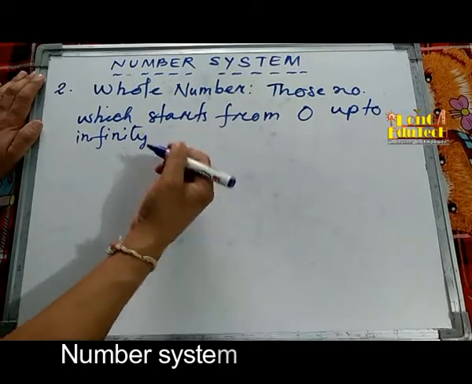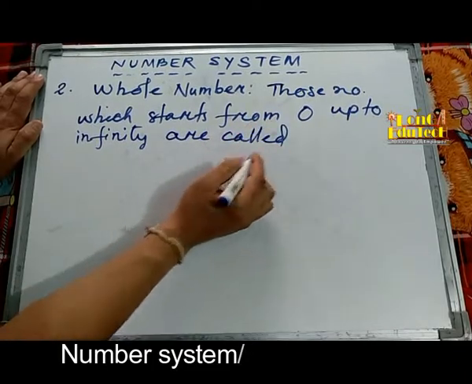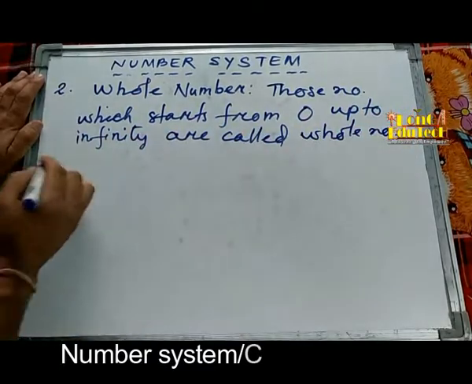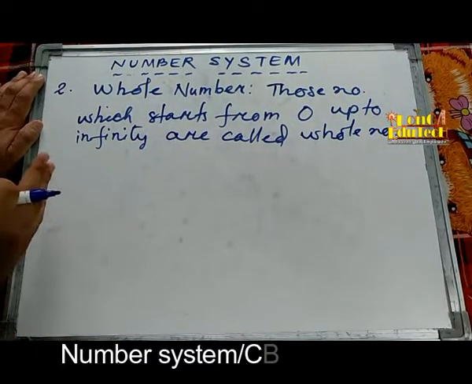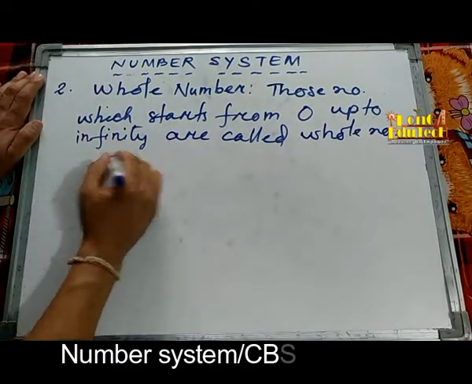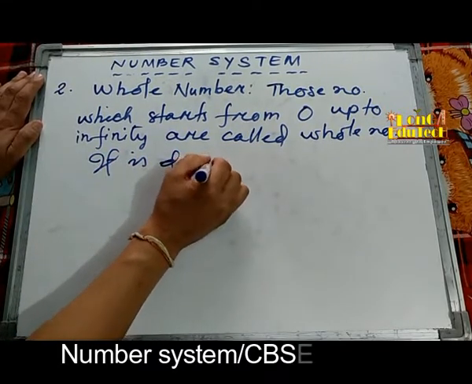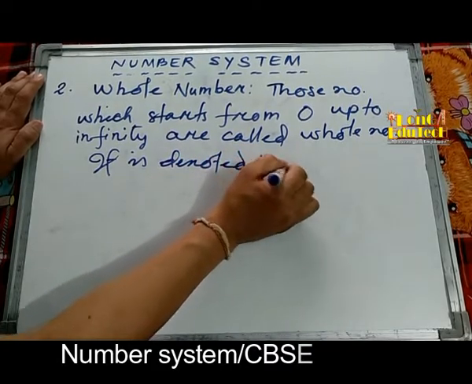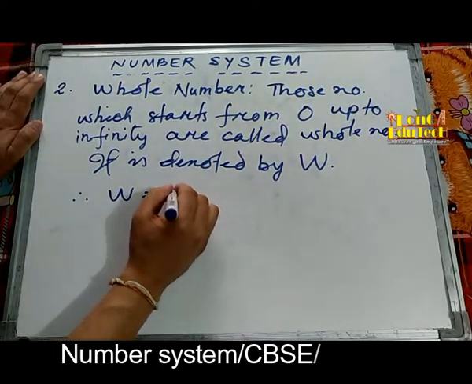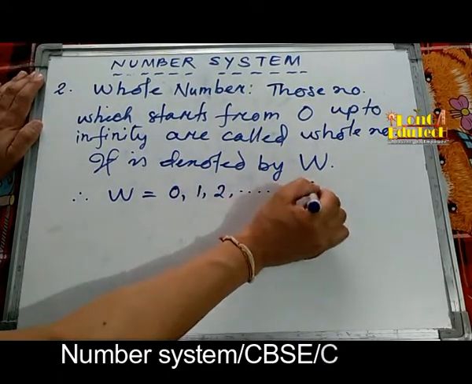Okay, 0 up to infinity are called whole numbers. 0 से शुरू कर, that is, uncountable numbers को whole number जाना जाता है. It is denoted by capital W. Therefore W is equal to 0, 1, 2, up to infinity,